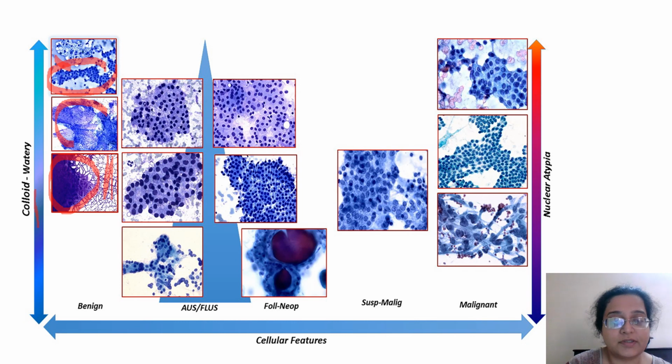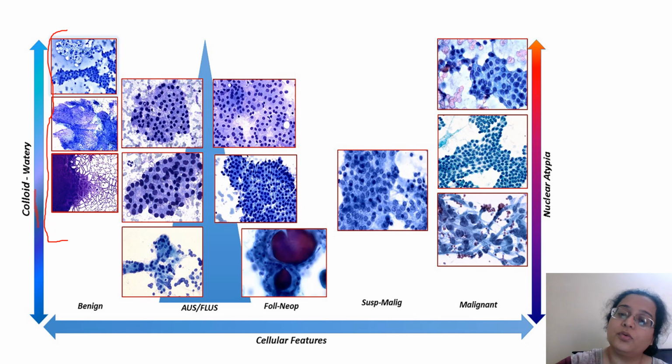So if I rub this out and show you, if you see anything like these three things on your slide, you know this is benign. You don't have to think too much. These days you can give the Bethesda criteria and then give a note on what you think it can be: query cystic lesion, query colloid cyst, query nodular goiter, something like that.